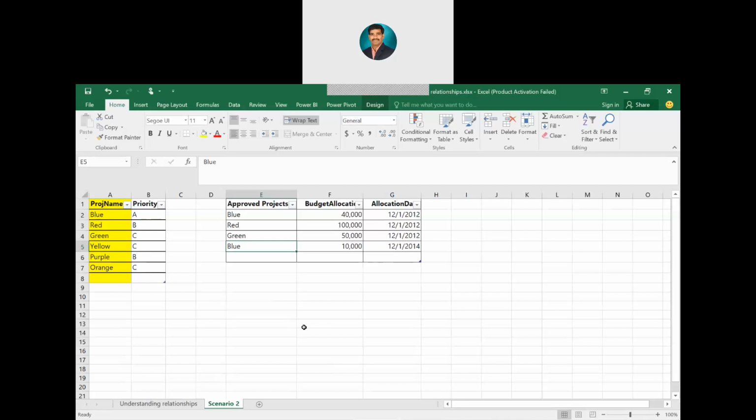Steel cost, iron cost, brick cost, everything is increased, and for certain reasons, some approval problem or whatever, it is delayed. Is the contractor going to do it in the same budget, or does he want to increase the budget? He wants to increase the budget. That means for the same project, you will give an extra budget at some other date. Yes.